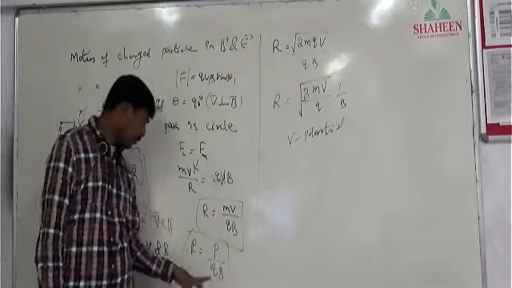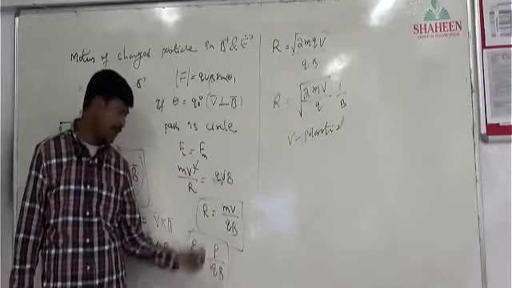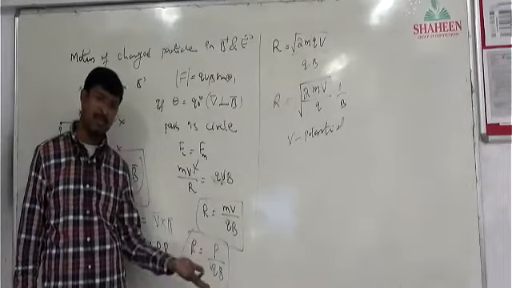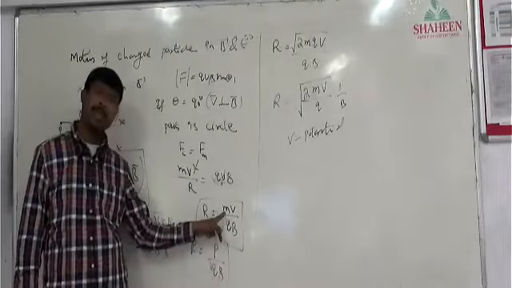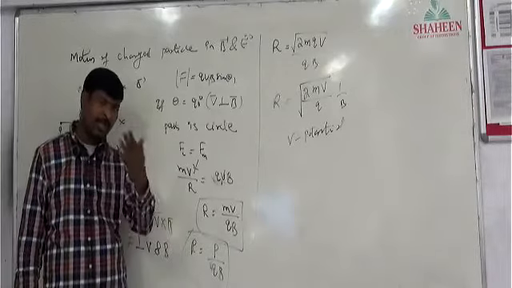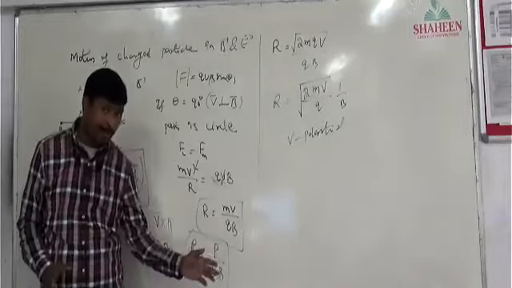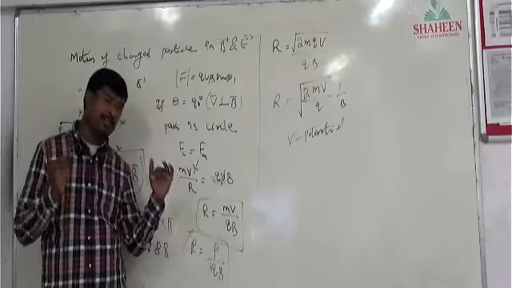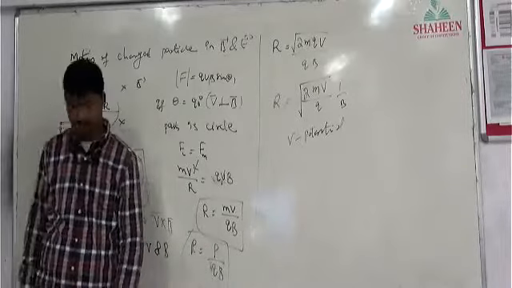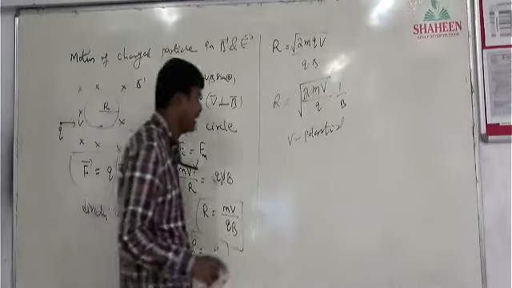See, for electron and proton, the charge is the same and the magnetic field is the same, but only the speed and masses are different. The mass of the electron is smaller than the mass of the proton. So R is directly proportional to m. So the electron has a smaller radius and the proton has a larger radius. Or the electron deviates through a larger angle, the proton deviates through a smaller angle. Clear? Then some other calculations are related to this.